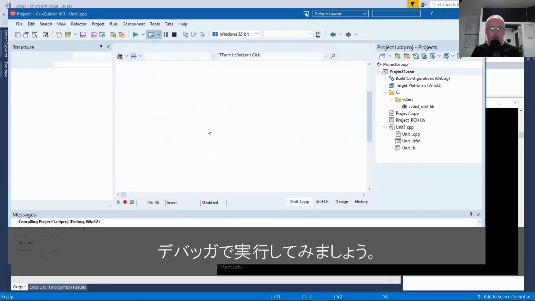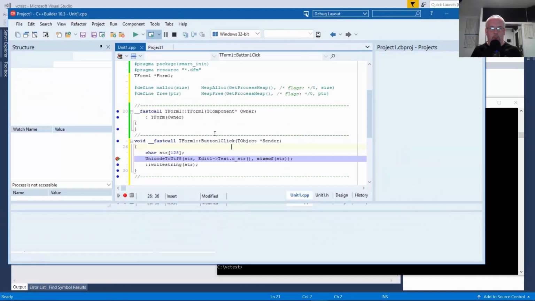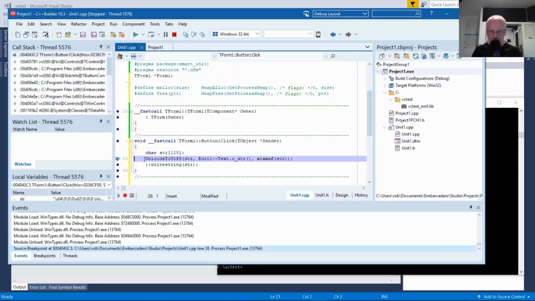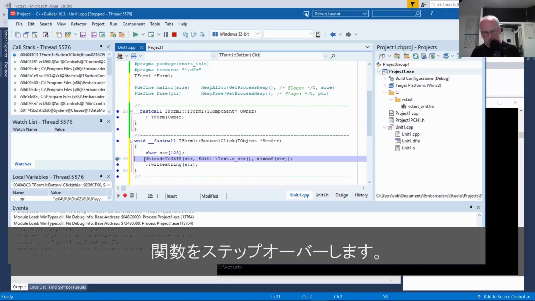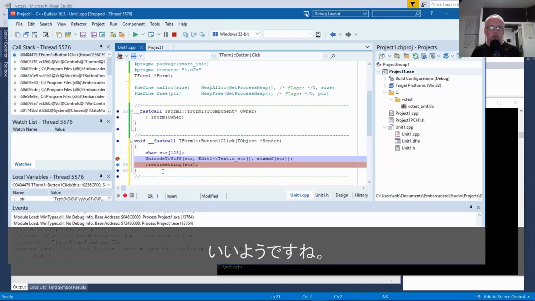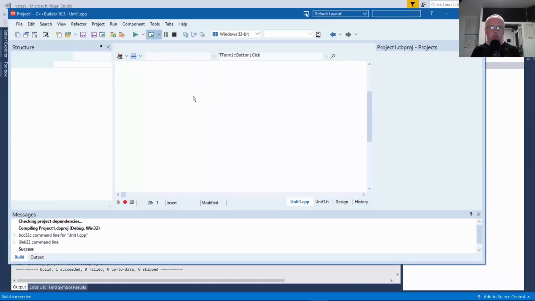Let's try running it with the debugger. There we go. Step over that function. Look at str. Hey, looks good. So now that should run.